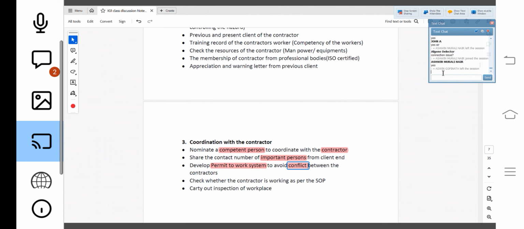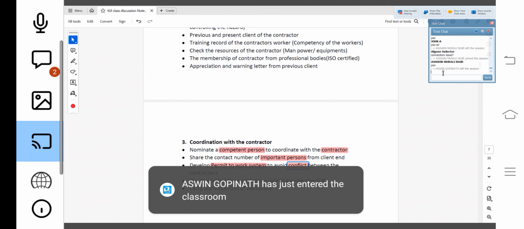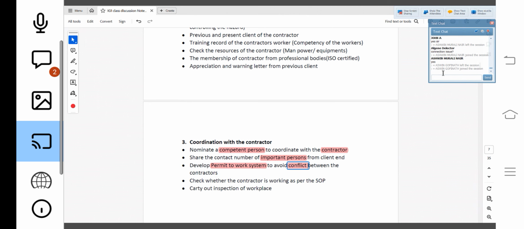There is a multiple contractor work system which is supposed to be carried out by the work permit system, so that the work will not be conflicting with each other, even the client's own operation. Some plants are run by the client itself, so their employees will also be there. So client operation may get hindered. Maybe contractor activity will be contradicting, meaning clashing. So those conflicts can be managed by the permit to work system.